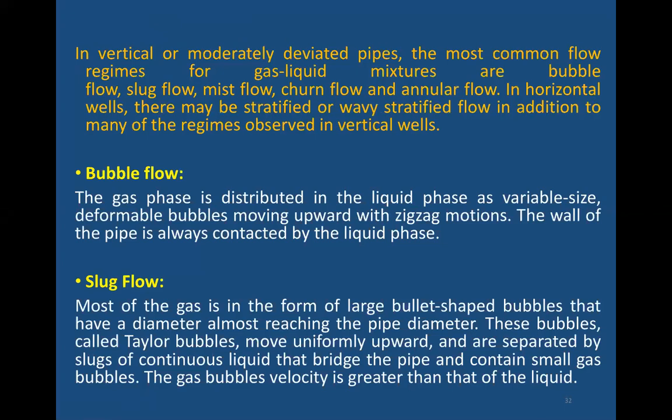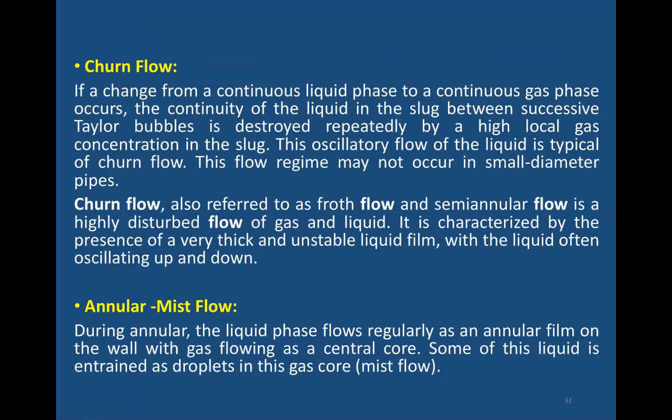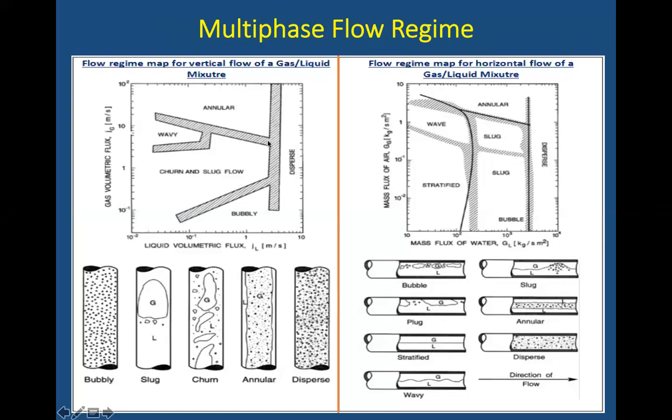So these are the descriptions. Again, if you need to, you can read again, because in case of deviated pipeline as well as horizontal pipeline, what type of flow happens, it's better to discuss in this slide. When you have vertical flow of a gas-liquid mixture and when you have horizontal flow of a gas-liquid mixture. In case of vertical flow of gas-liquid mixture, if we want to represent it in a graphical way, then